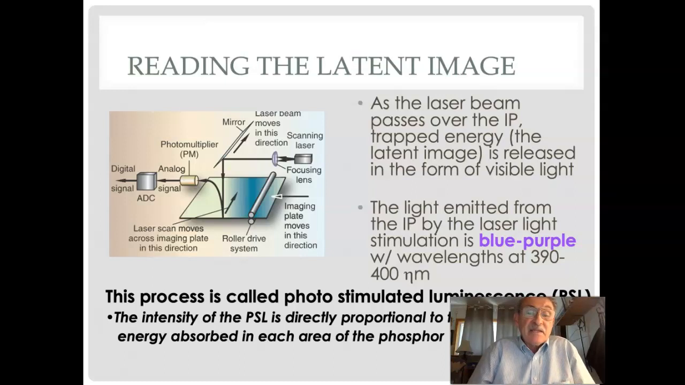Now, the intensity of the photostimulable luminescence is directly proportional to the amount of X-ray energy absorbed in each area of the phosphor. So as I say, if there's a little bit of exposure, there's probably a little bit of signal. If there's a lot of exposure, there's correspondingly more signal. And so from that perspective, this is how we can accurately read how much exposure is in each individual area